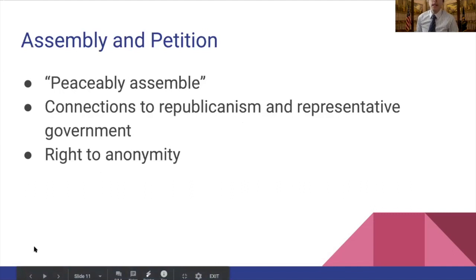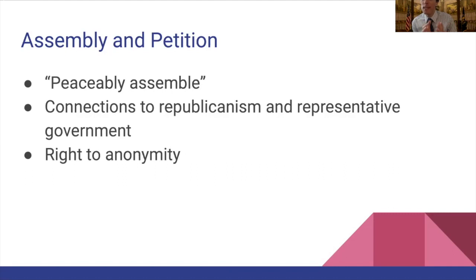And then finally, we have the right to assembly and the right to petition. So you have peaceable assembly. Okay, so this does not mean that you can start a riot. This does not mean that you can threaten violence if you do not get your political way. But again, it's important to think about the history of our country and the importance of organizing, the importance of protesting. Think about some of the early protest movements, again organized by the Sons of Liberty that I